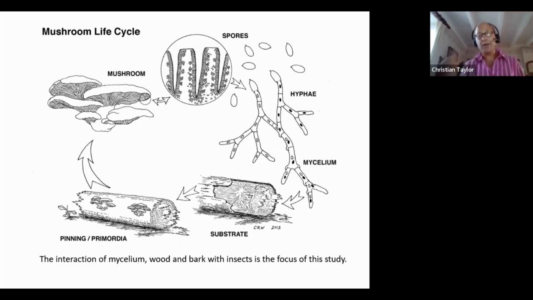And of course, when we talk about insect life cycles, it's the larval stage of the insect life cycle. It's the predominant part and plays the major role in terms of at least grazing on the mycelium, but also the major role in terms of the lifespan of the insect. So, you know, when we see the winged insect, which we find easier to identify, actually it's coming from a larva which is pupated, and that larval phase is the key part in terms of this talk, and it's the key part in terms of where the insect spends most of its life, perhaps inside a piece of dead wood,